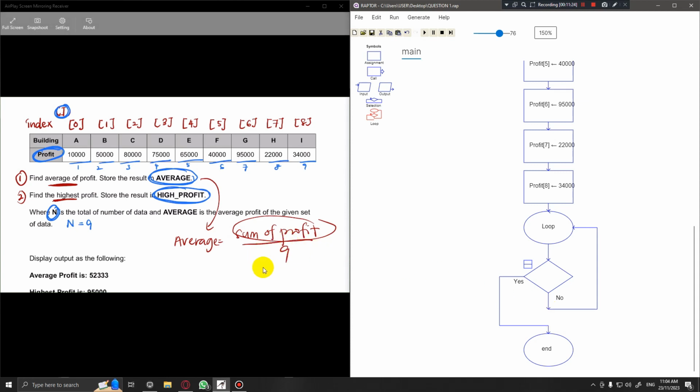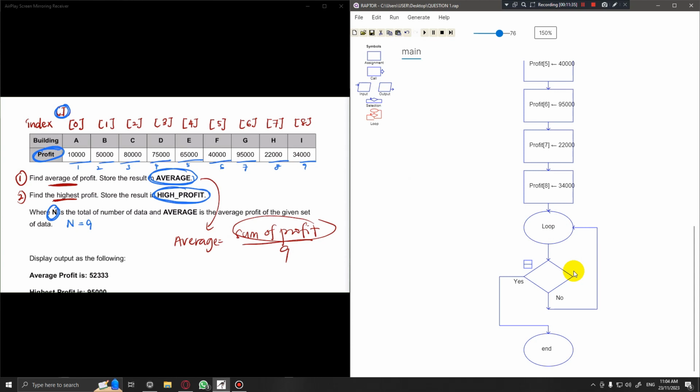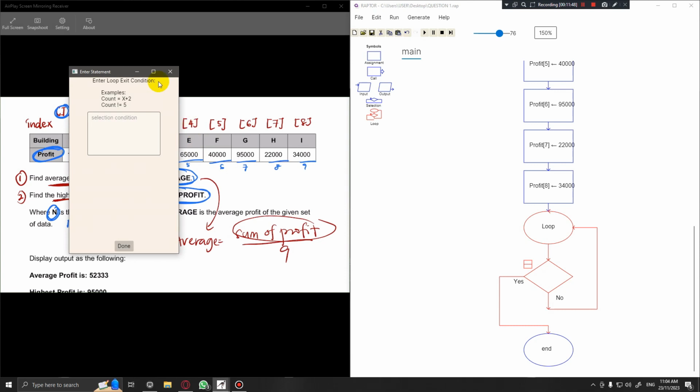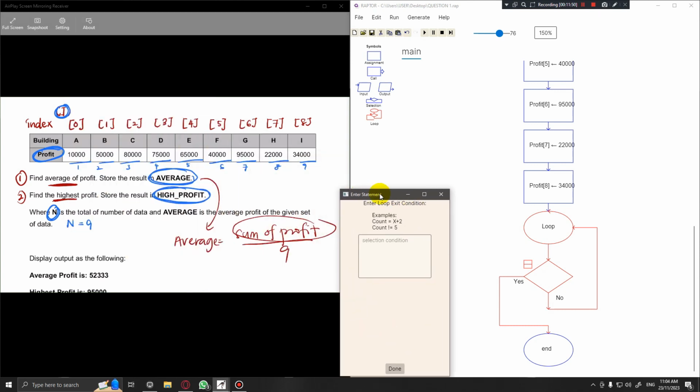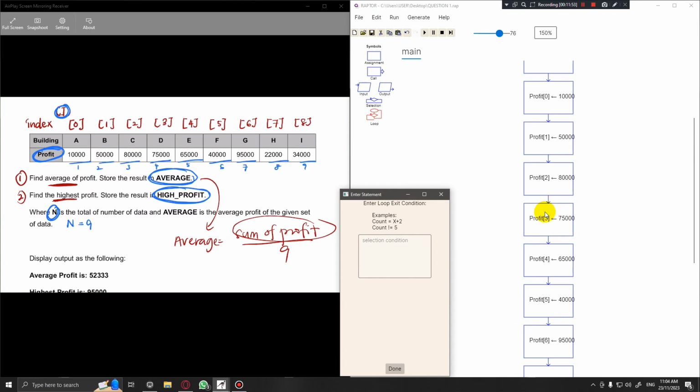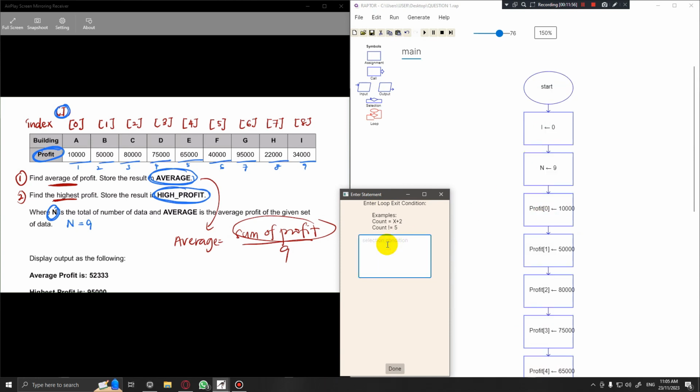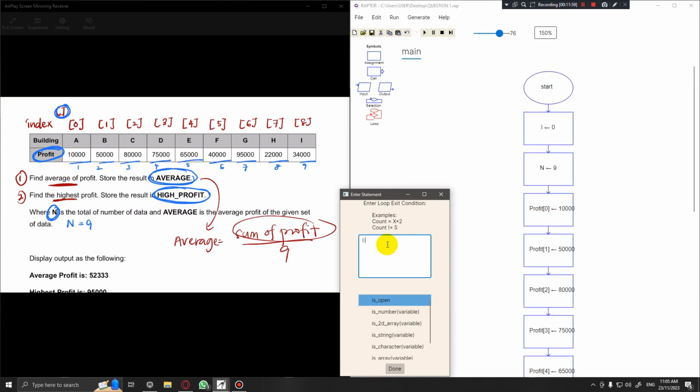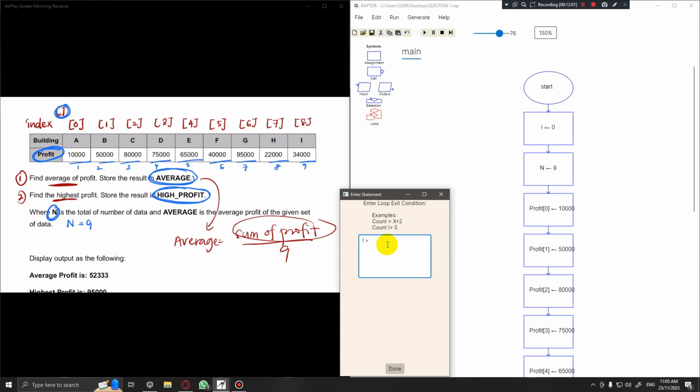Loop kita maximum adalah 9 kali saja. 9 times only because we have only 9 data. So when it stops the loop, it's supposedly more than 9. Mesti lebih dari 9. Maksudnya dia akan start dengan 10. Kalau lepas 10 je dia kena stop. Okay, so let's put it here. The index we declared with capital I, so I'm going to write I here. So let's put it more than